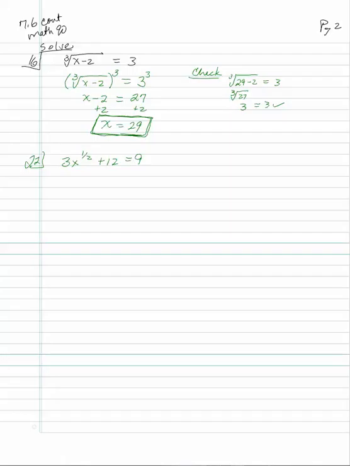In number 22, we got 3x to the 1/2, and remember 1/2 power is just like square root. So we want to get that term all by itself, so subtract 12 from both sides. So we got 3x to the 1/2 equals -3. And let's divide both sides by 3 so I can get that square root of x by itself. And now I'm going to raise both sides to the second power. And you see x equals 1. Now again, that's a possible solution. So when I go to check it,